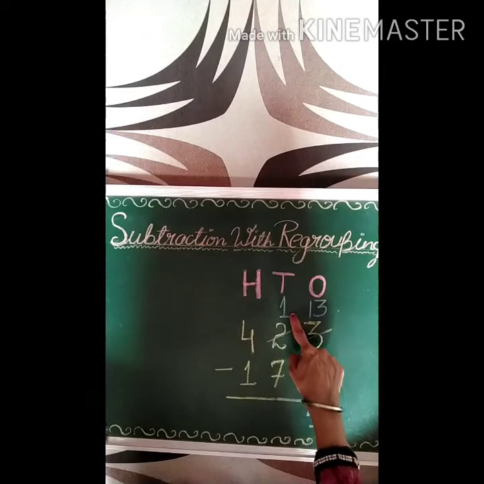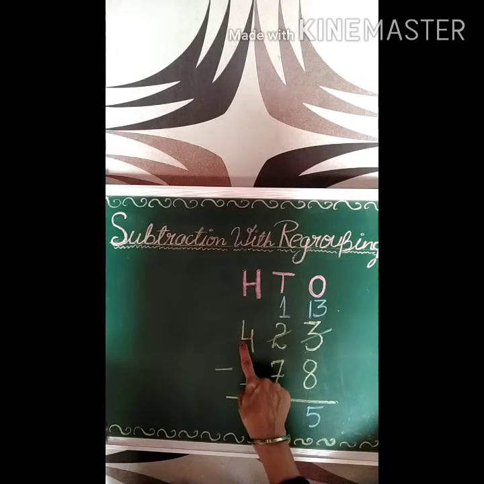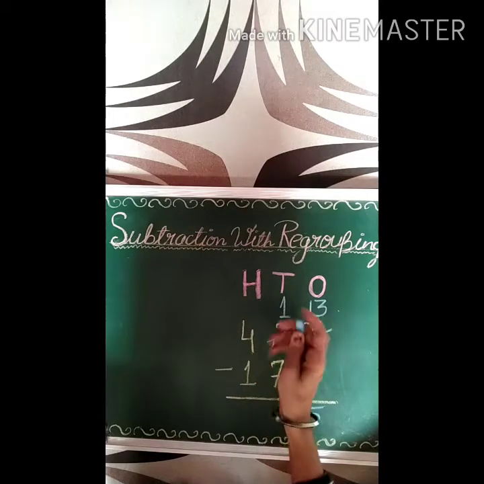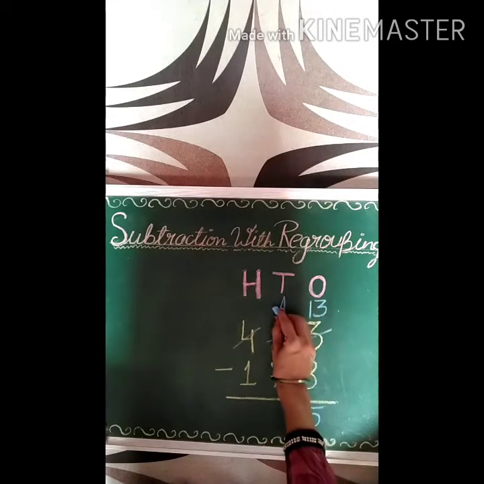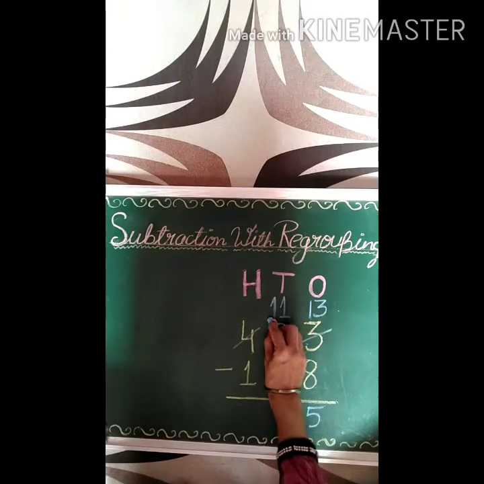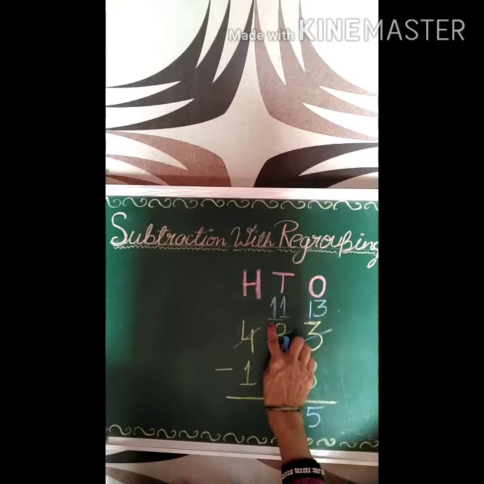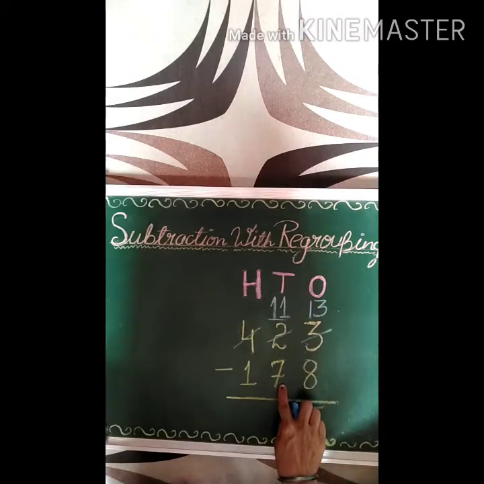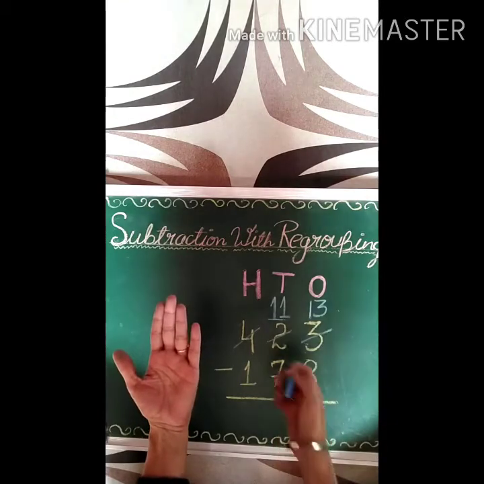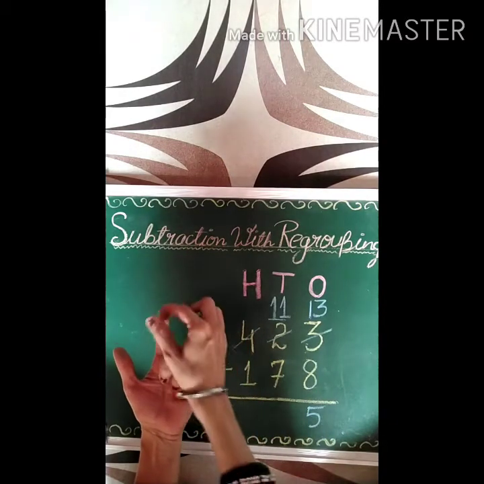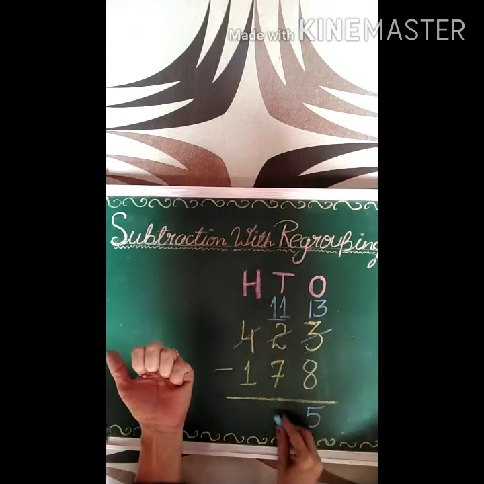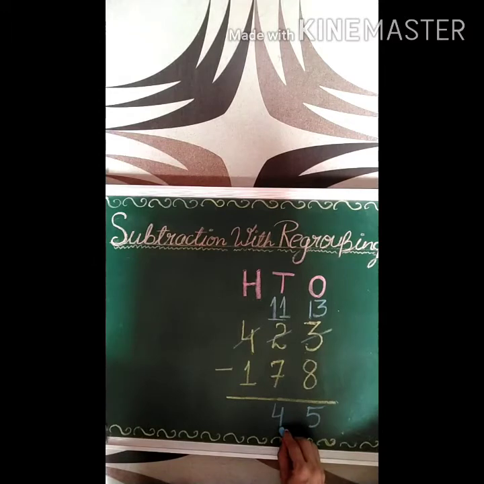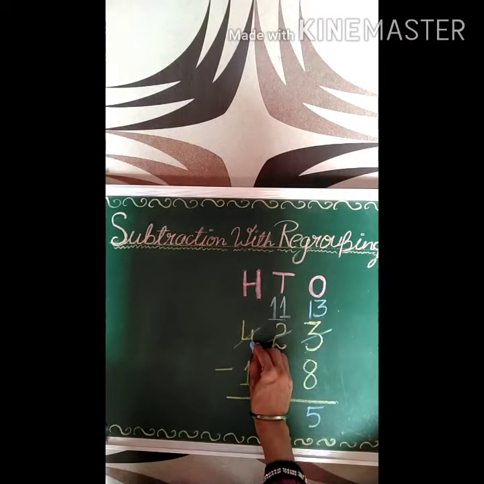From 1 we cannot subtract 7. So again we borrow 1 from the left, the 100 friend, because he is having 4 sticks. From 4 sticks he gives 1 stick and we place it with 1 at the tens place. That will become 11. Now next to 7, meaning from 8, we count on fingers till 11. That is 8, 9, 10, 11, which is 4 numbers. We write 4 at the tens place.